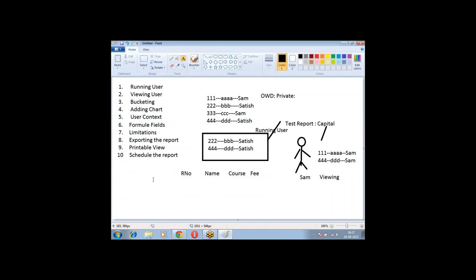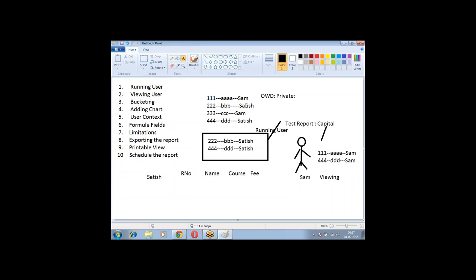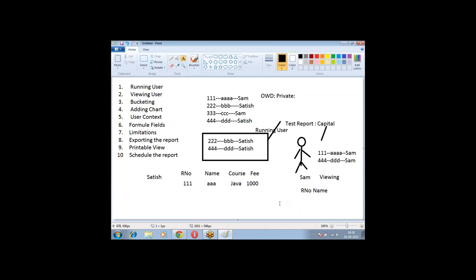Now Satish has access to all these fields. He has created a report. Sham has permission to see only roll number and name. What happened when the same report was opened by Sham? Sham will be able to see only